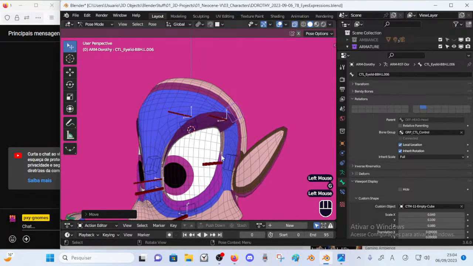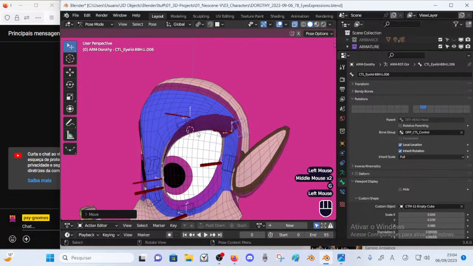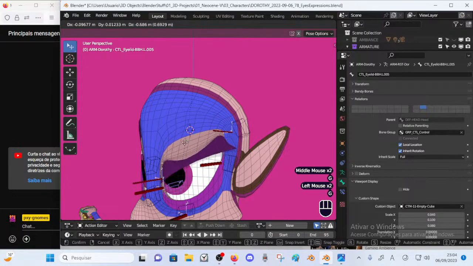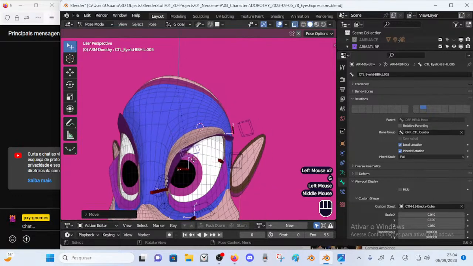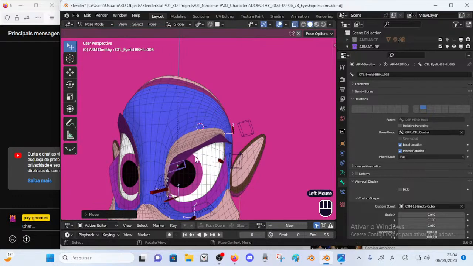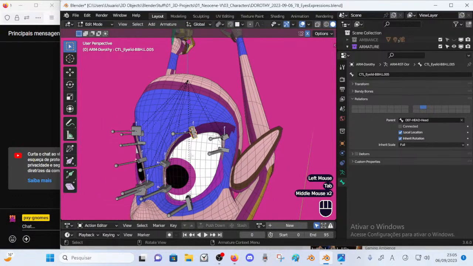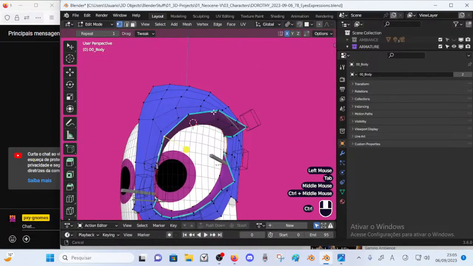I can still reduce the influence of the eyelid there with less retake. Okay, it's still not good, but it's much better. Maybe I need more subdivisions for the eyelash mesh.